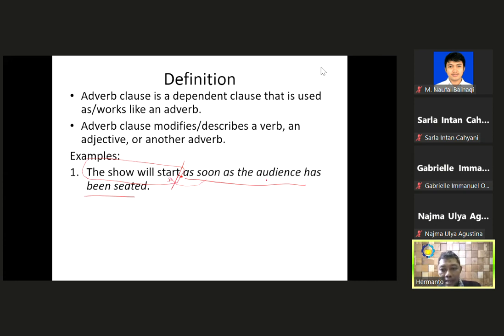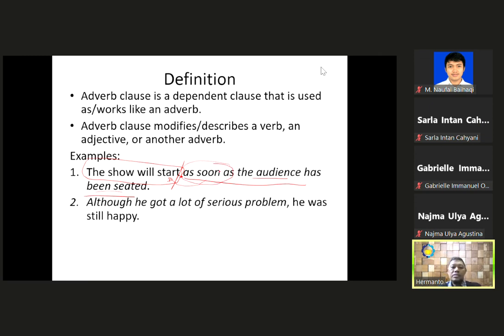What is the subject in the adverb clause? The audience. What is the predicate? Has been seated. And the subordinate conjunction is as soon as. Okay, that's number one. Number two, although he got a lot of serious problems, he was still happy,